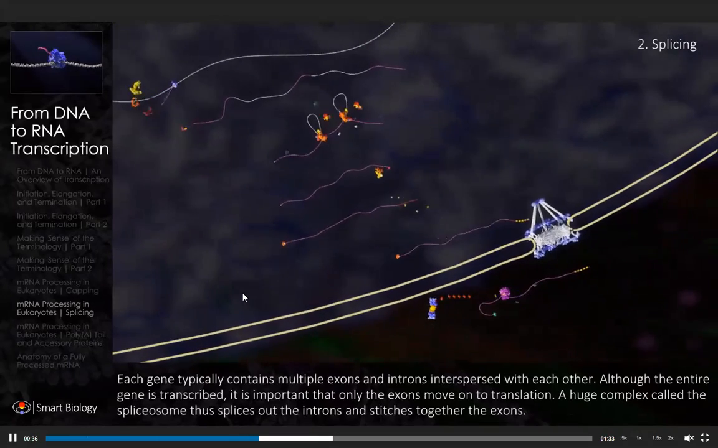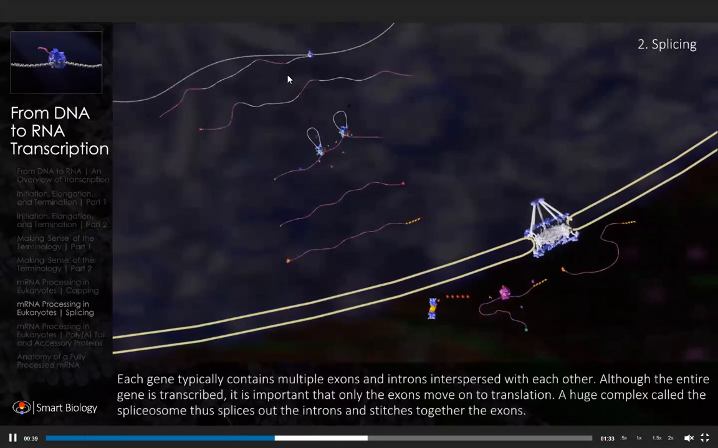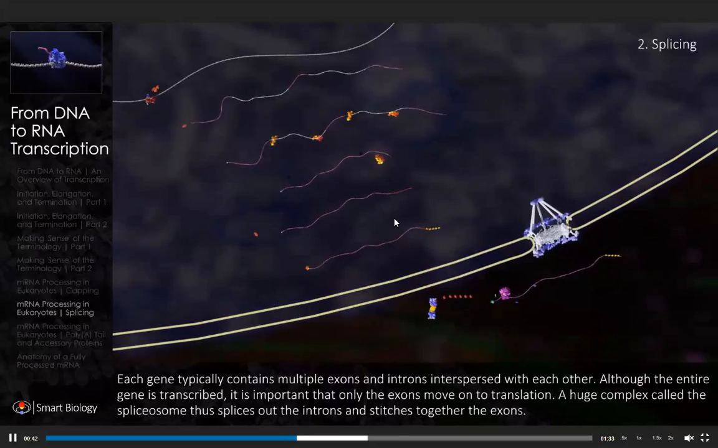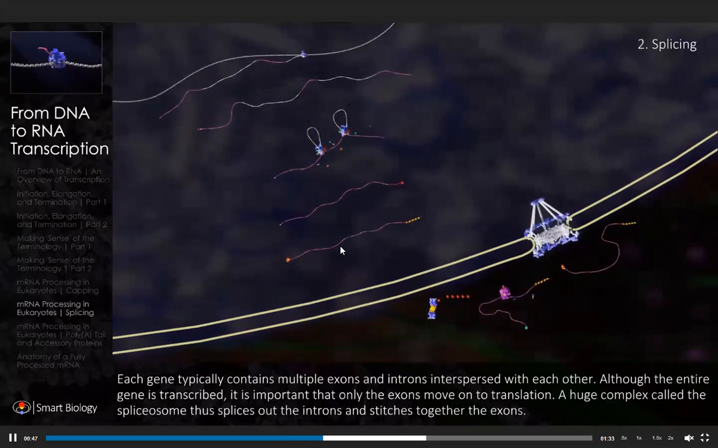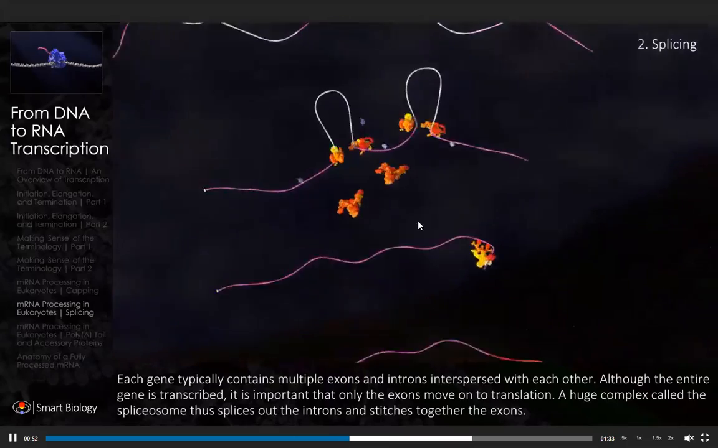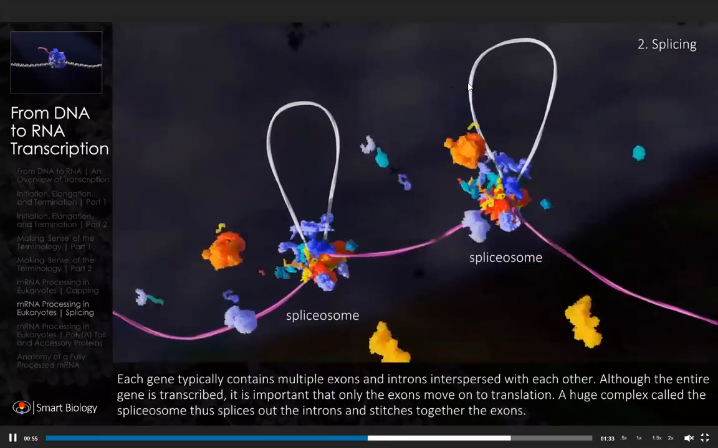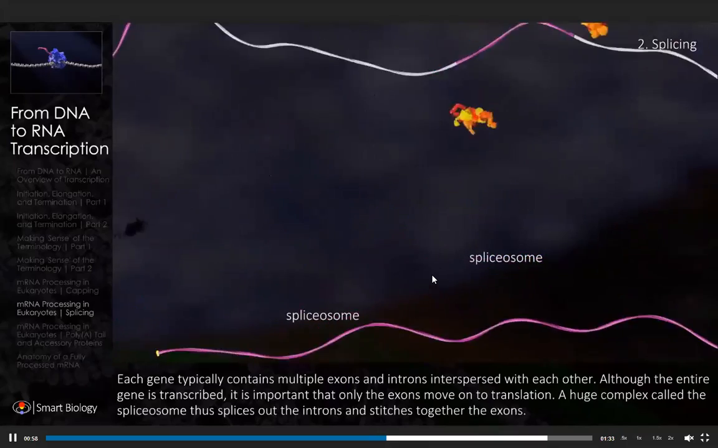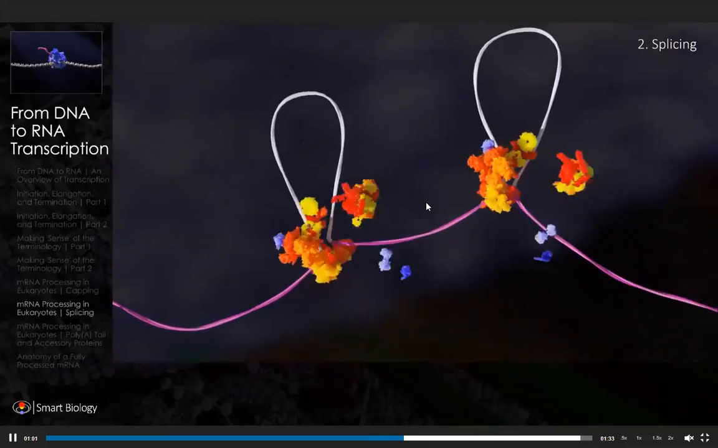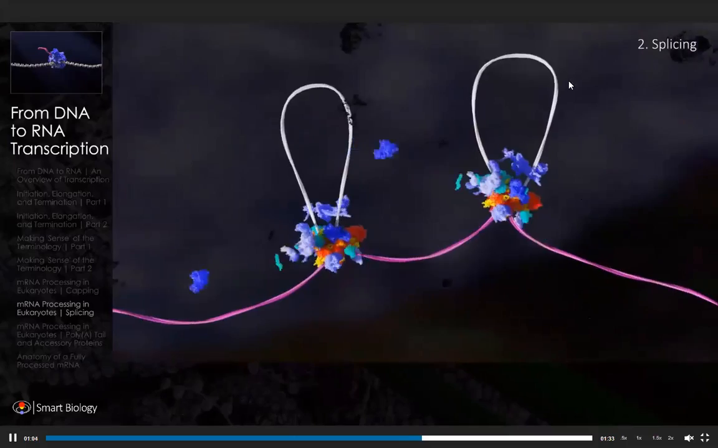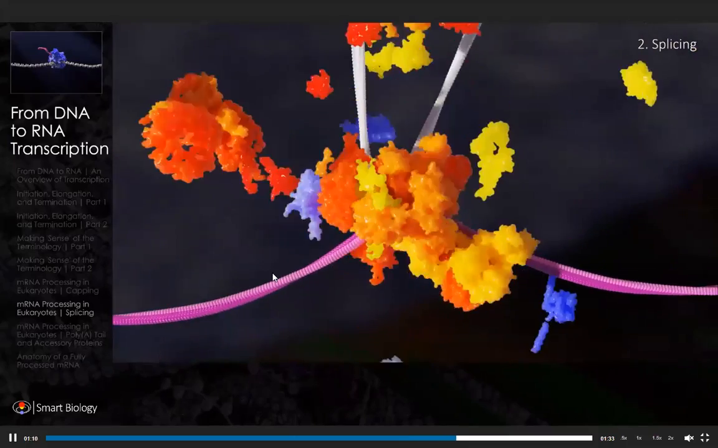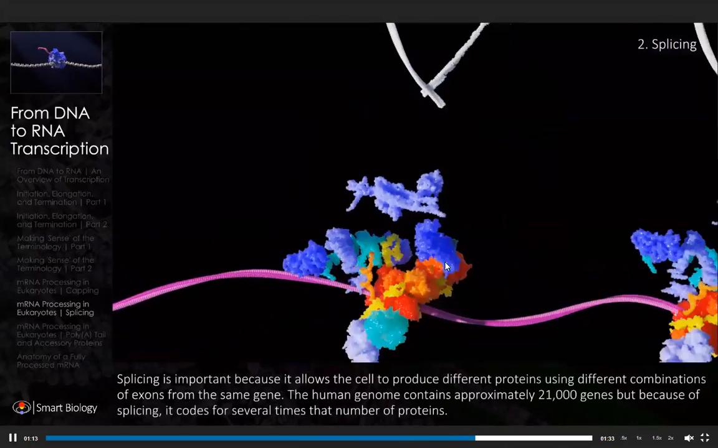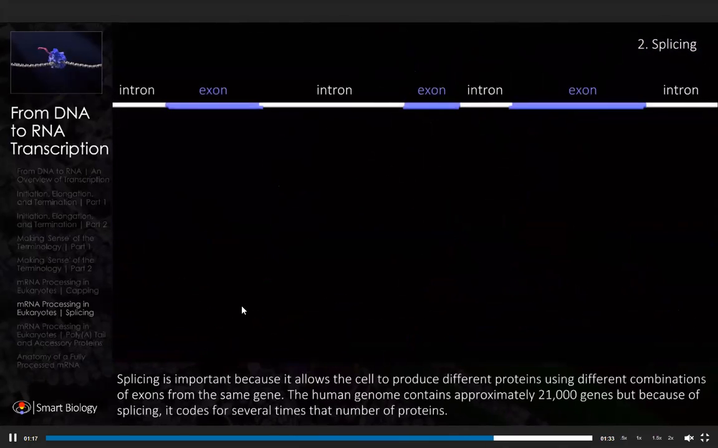So each gene typically has many introns and exons that are interspersed with each other. Although the entire gene is transcribed, only the exons will be translated. So these intronic regions need to be removed with the help of a complex called a spliceosome. So this is how it's removed. A lariat is formed, and this lariat is now removed, and then we have a phosphodiester bond formed with the